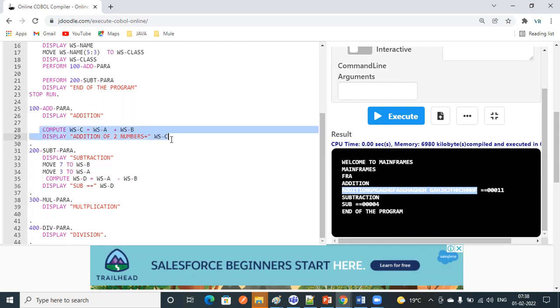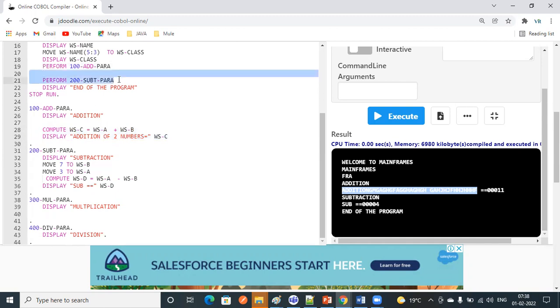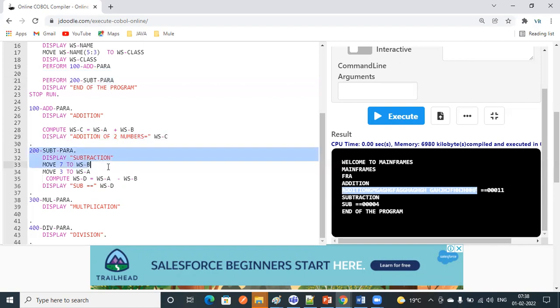Compute, display. Fine. Now this paragraph has ended, and again it will go back to the 19th line. In the 20th line, nothing is there. Then what is there in the 21st line? Perform 200 subtraction para. It will come directly into this paragraph.